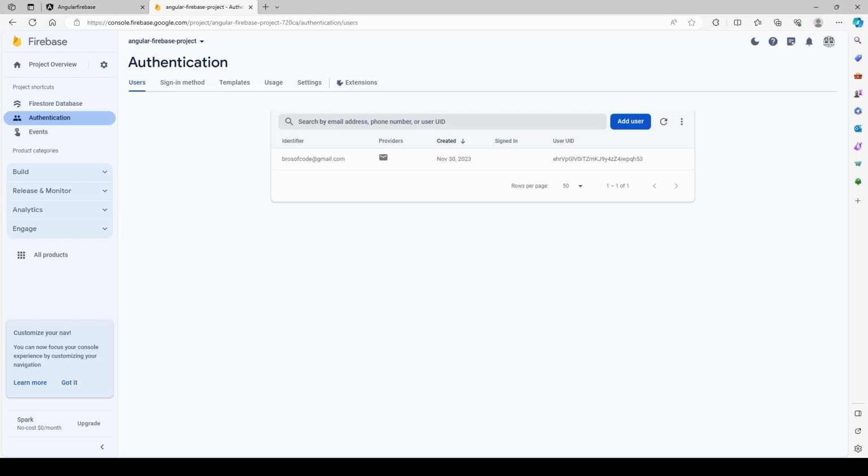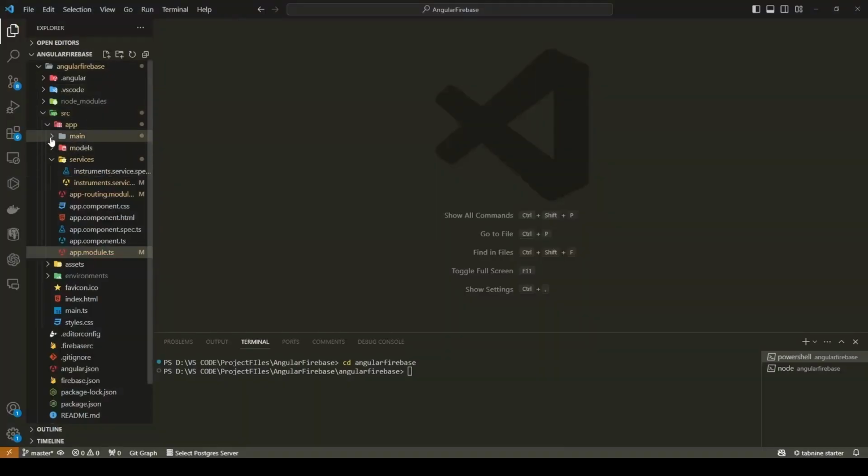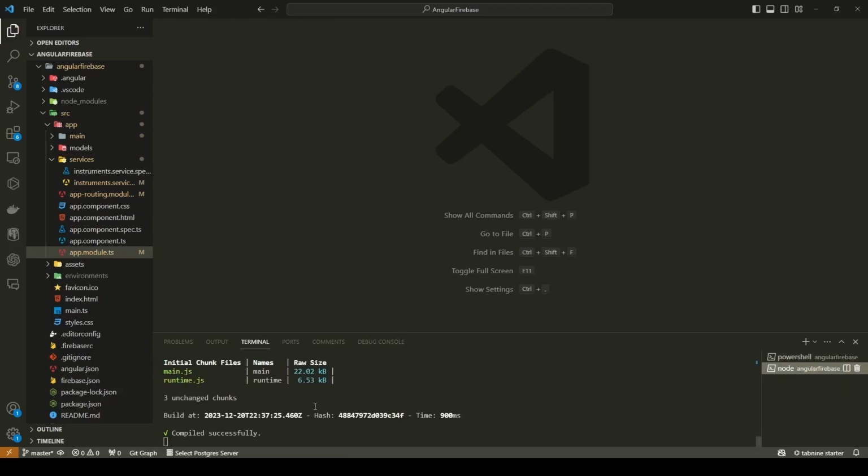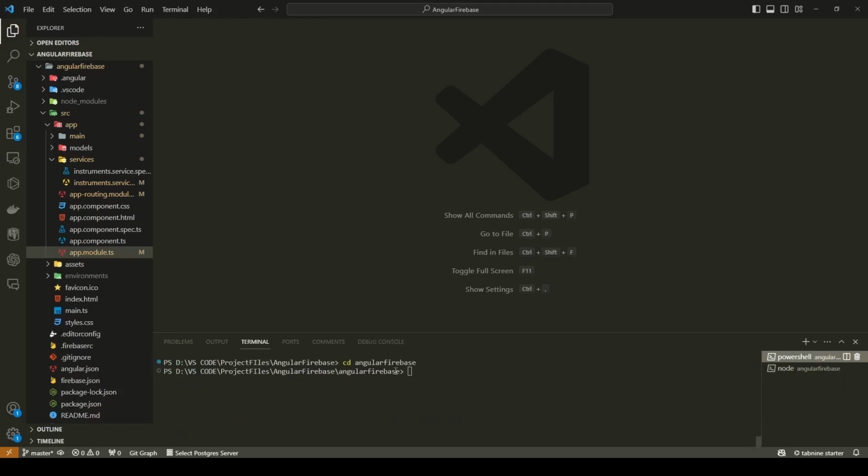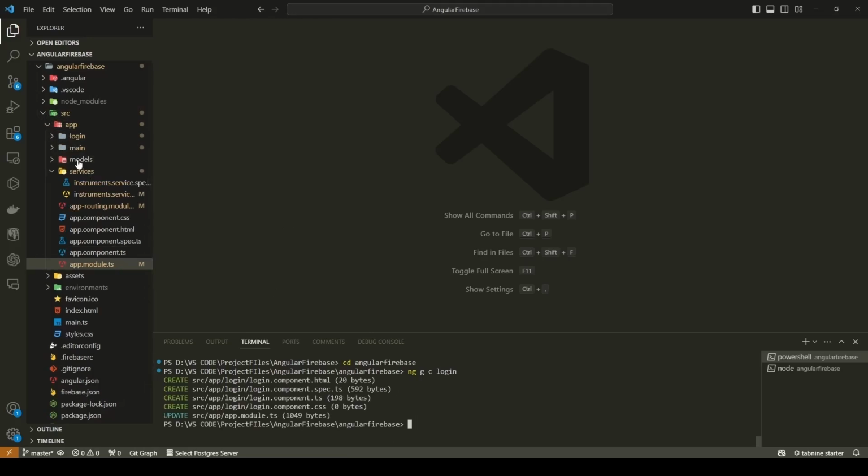Okay, so now we can go back to our code. As I mentioned before, this is part of a bigger project. I only want to show you here the authentication and login method and how easy it is to set up in Angular and Firebase. So let's create a login component in your application. If you do not have a login component, you can as well do this in your main component, but for me I choose